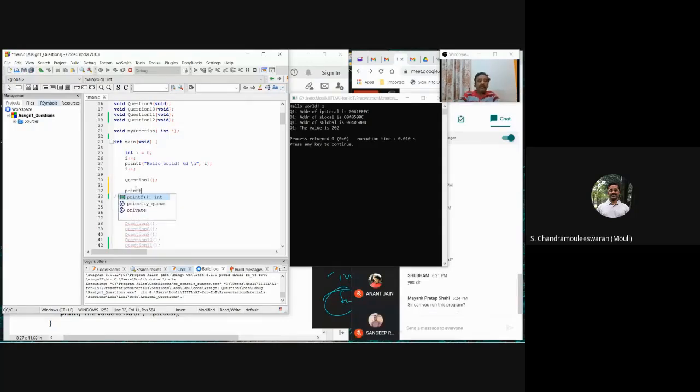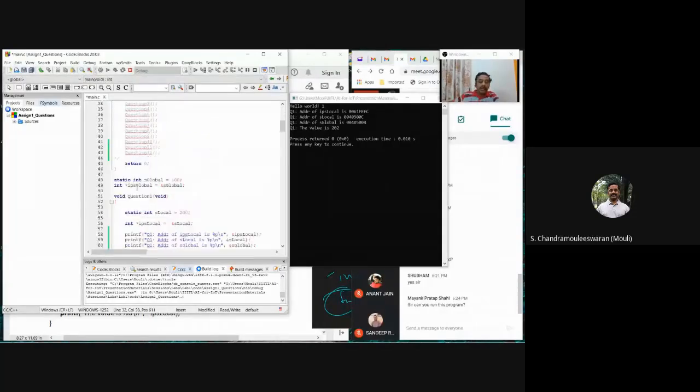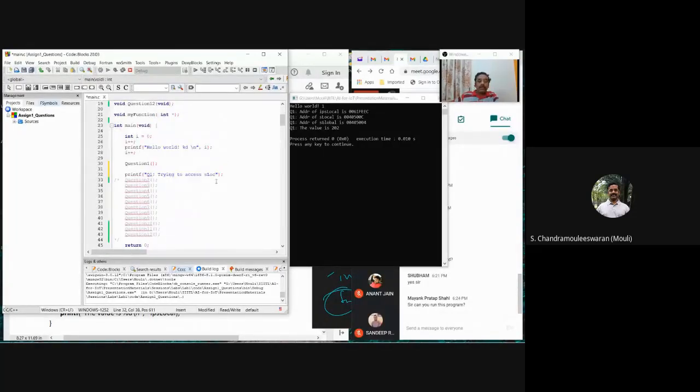Okay, printf. I want to access it because I know the address. Question one, trying to access S local, outside the function.